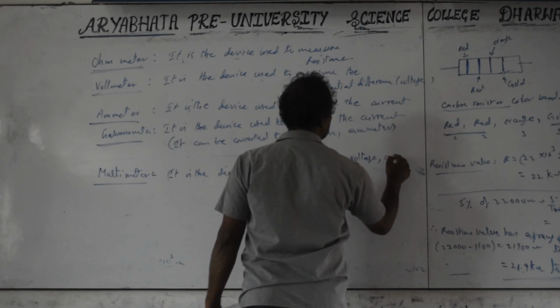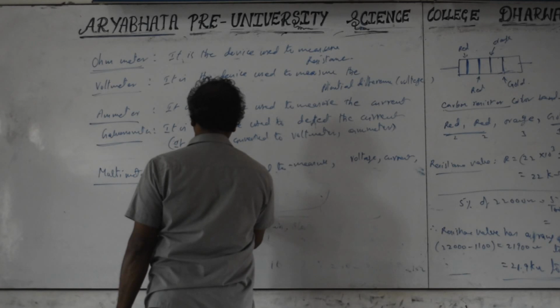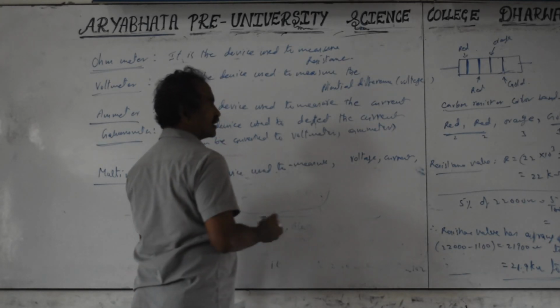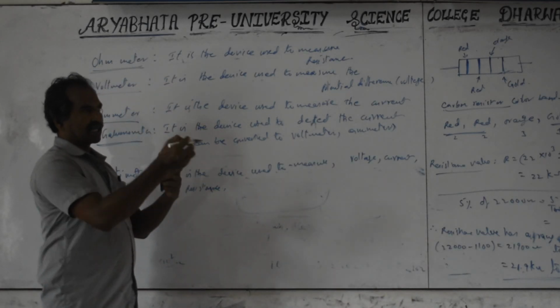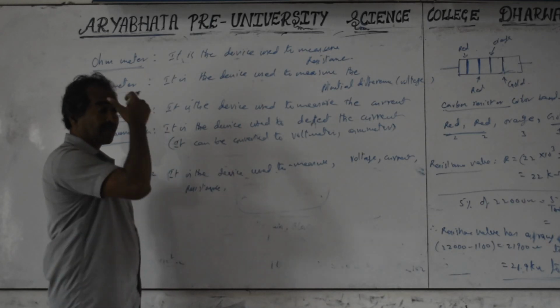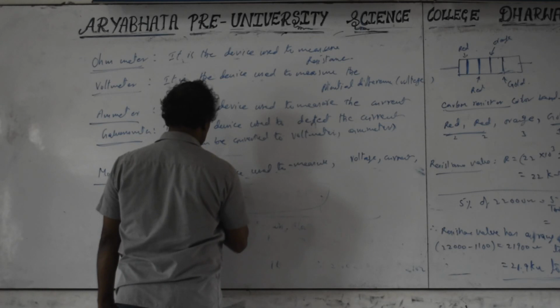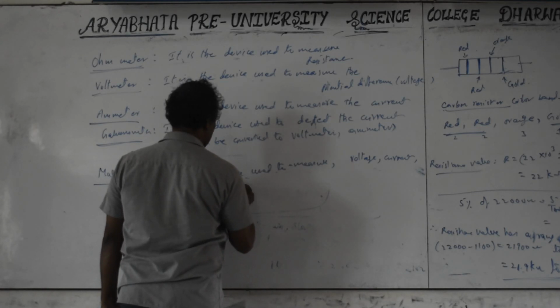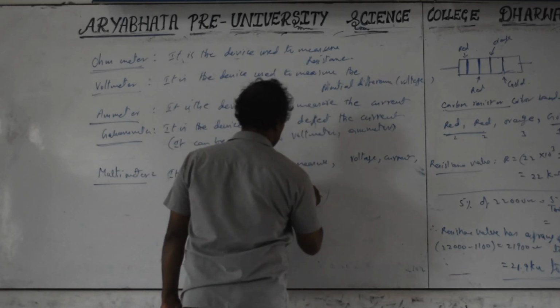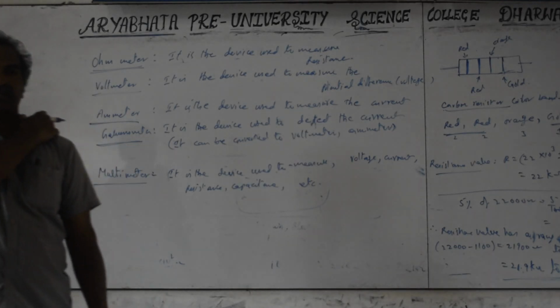Voltage, current, resistance, and in some cases there are devices which can do continuity checking, whether the current is passing or a break is there. Continuity check is what it is called, and even capacitance value can be checked. Some instruments even have the facility to measure resistance, capacitance, etc. Multi means many measurements you can do with this device. That's called a multimeter.